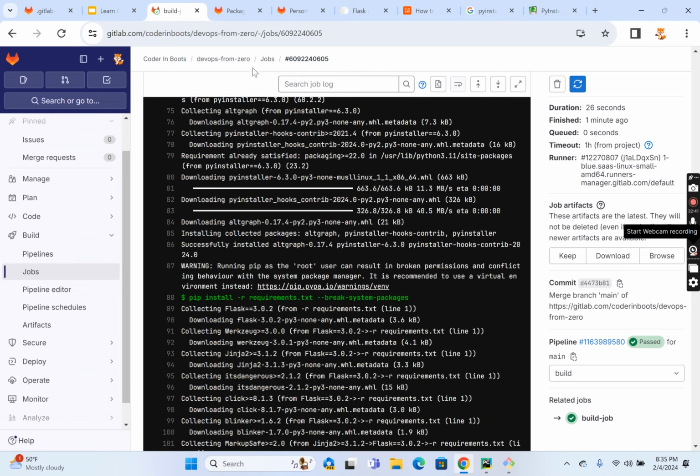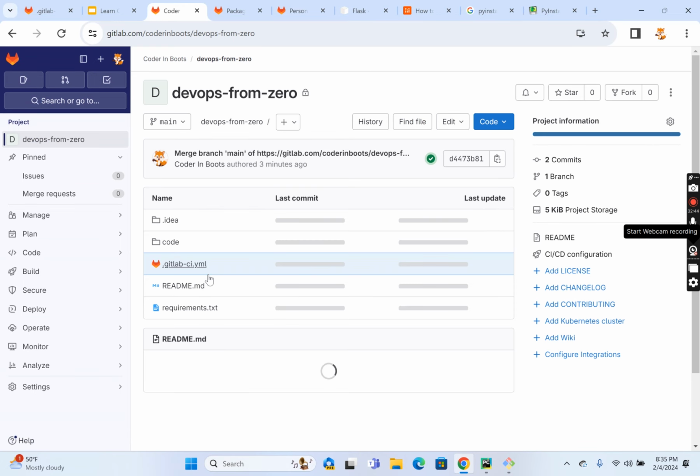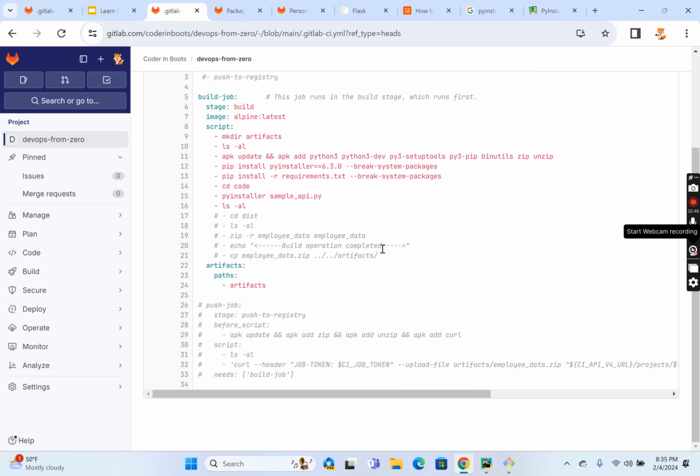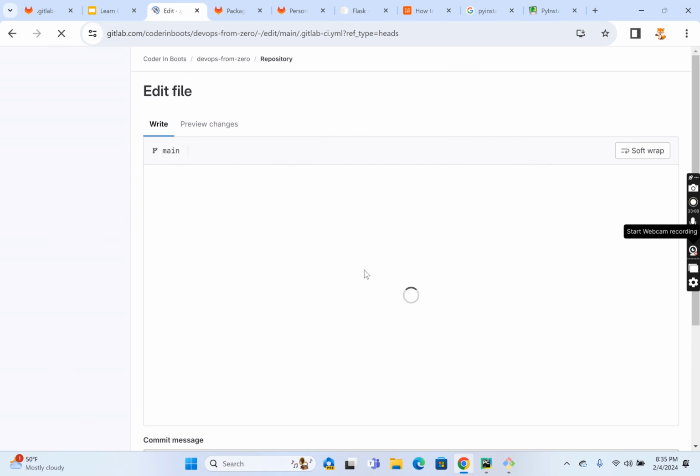So now let's go back to the file. Let's see what happened. In this file there is nothing much. It is just doing ls -all, and it is basically exposing the artifact. We created this one, we just ran PyInstaller on this one, and we just did an ls. Now let's edit this file